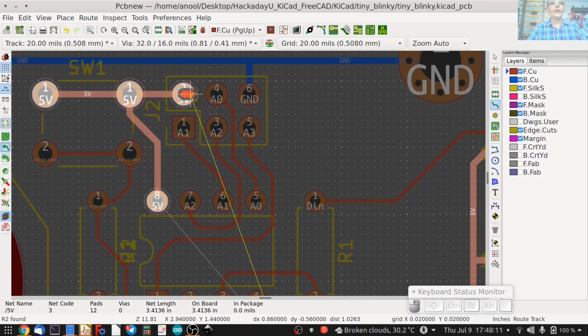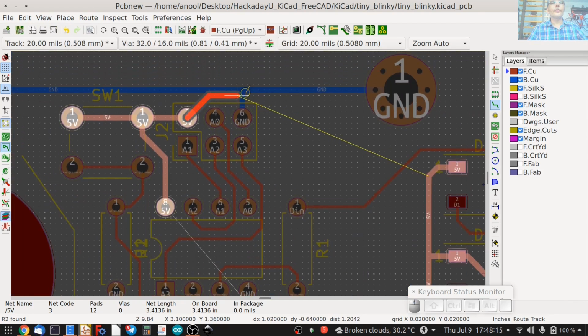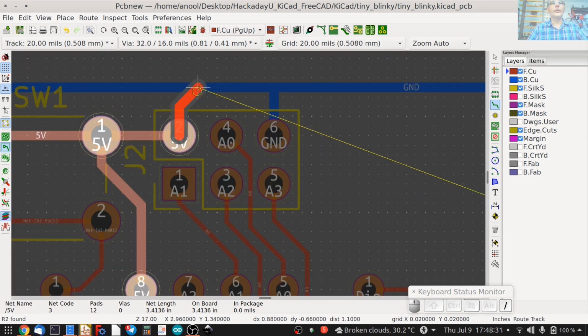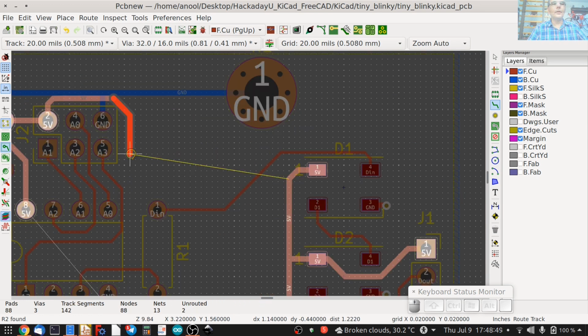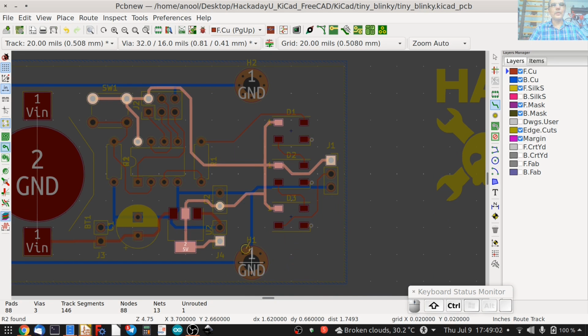and if you notice that your track is going at a different orientation than you'd like it to start with, then press the slash key. Yeah, so this is what happens when you press the slash key. It changes orientation. Like it over here and press end to end it over there. So at this point, I have everything connected.